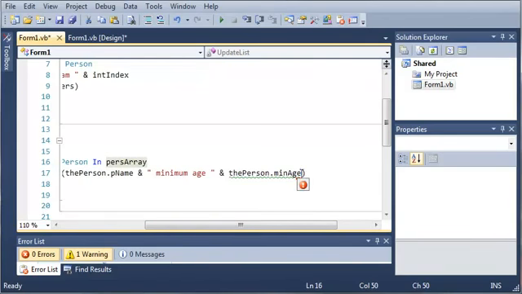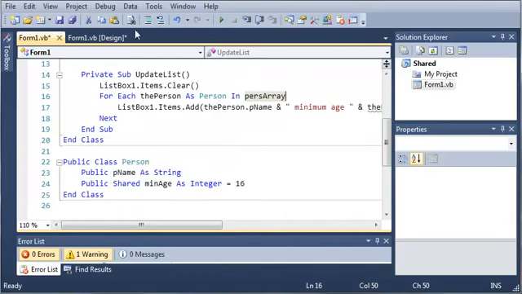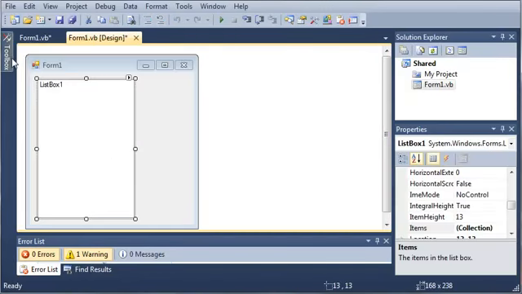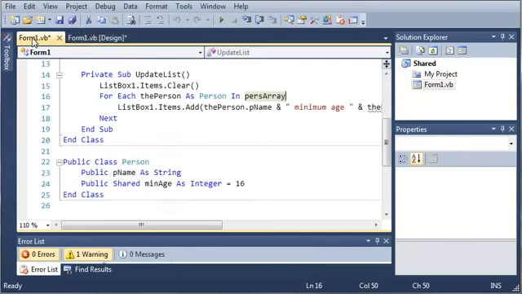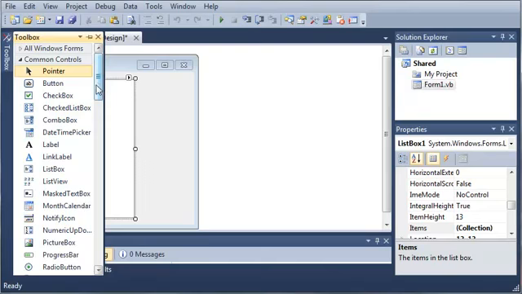Okay, so let's go ahead and just ignore this warning right here because it's going to work either way. So let's come back over here to our form1.vb and let's add a